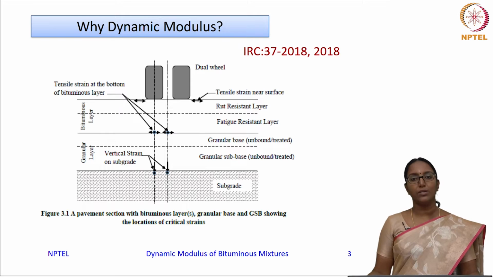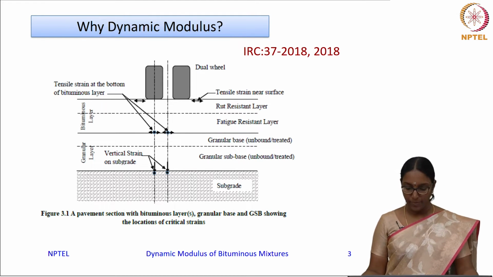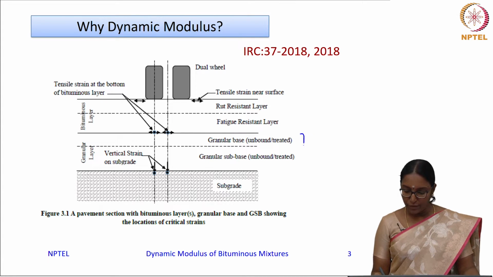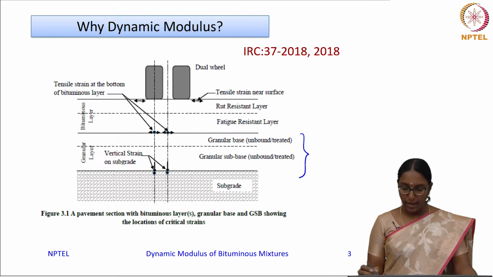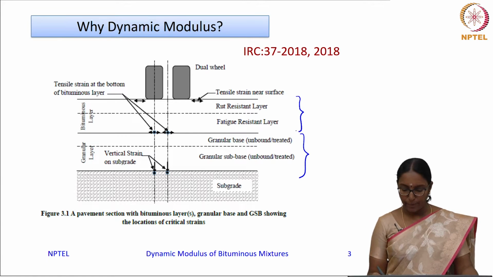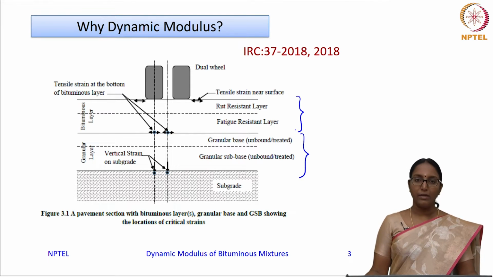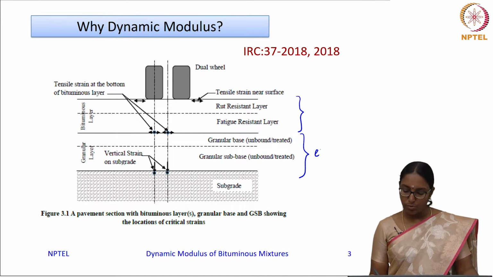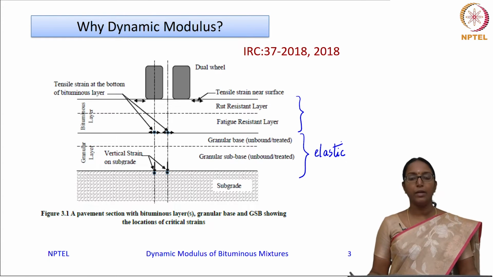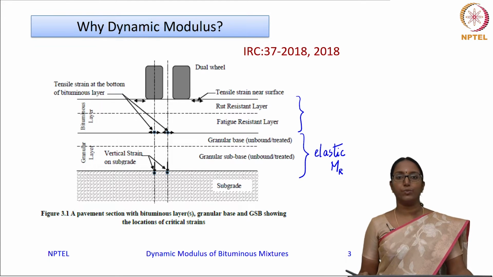So this is a typical cross section of pavement that is given here. I have taken it from IRC 37. We know that the bottom layers of the pavement structure are basically unbound layers such as granular materials, and the top layer is your bituminous layer. Now when you characterize this material for the analysis of the pavement, you have to consider this property of the material. So your granular material is more or less characterized as an elastic material, and you use a resilient modulus MR for the characterization of this material.